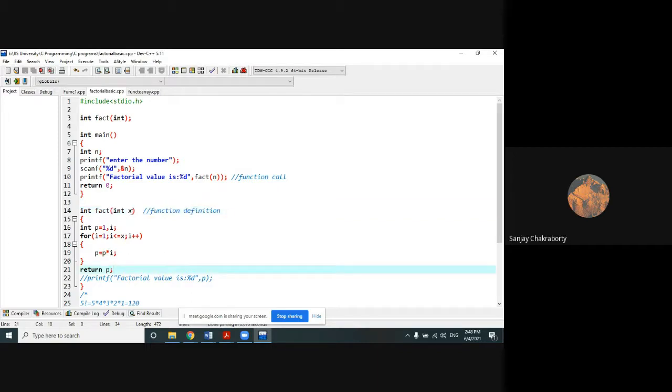So how will it happen? So you may be confused. Sir, how is it happening? You are sending n and you are receiving by some other variable x, and that is correctly working. How is it possible? Yes, it is possible because after this statement definition, this x is becoming n. That means the value that you are passing through the function will also pass to the same variable x here. So here we are mainly concerned about the values.